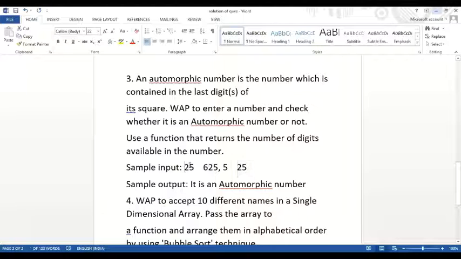It all depends on the number of digits. If the number of digits is 3, then we will be dividing by 1000. If the number of digits is 4, then we will be dividing by 10,000. Is this point clear? You have done this program earlier also. Do you remember in class 10th? Yes, ma'am. So we'll be doing the same program using functions. It will be a practice for you.